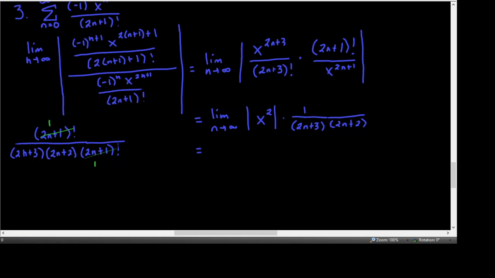Now, of course, the absolute value of x squared, we don't really need the absolute value because we're squaring x, and so it'll be non-negative anyway. But that constant thing is multiplied by 1 over a power of n. If we multiply that out, that would be 4n squared. And as n goes to infinity, 1 over a power of n is going to go to 0. And 0 times that constant absolute value of x squared will go to 0. Okay, so that limit is